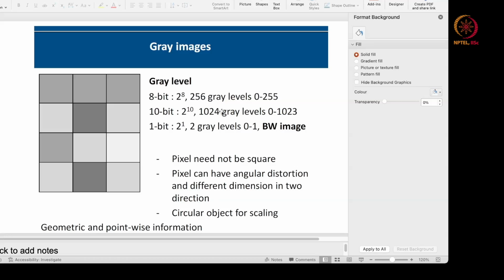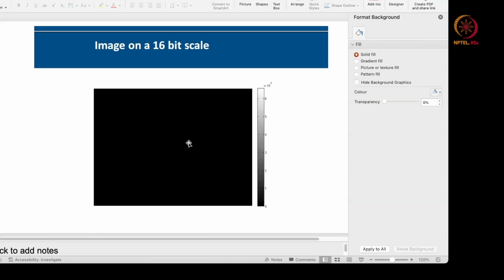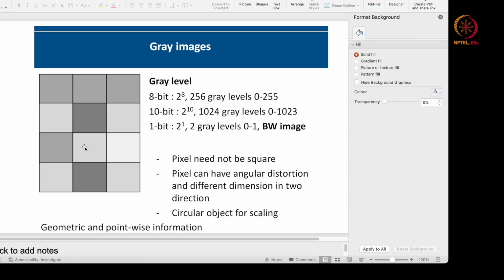And 1 bit is basically 2 gray values, which is essentially a black and white image. When you go for 12-bit or 16-bit, the images take up more space, and